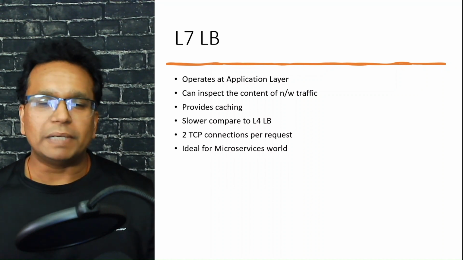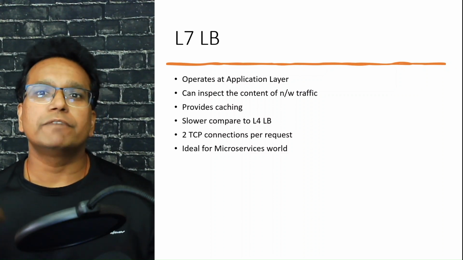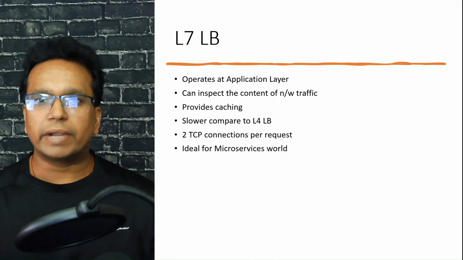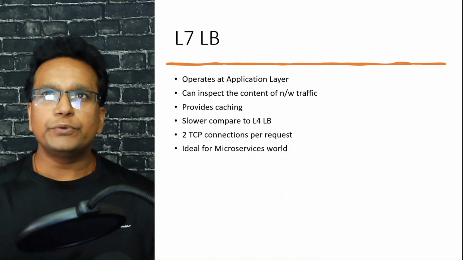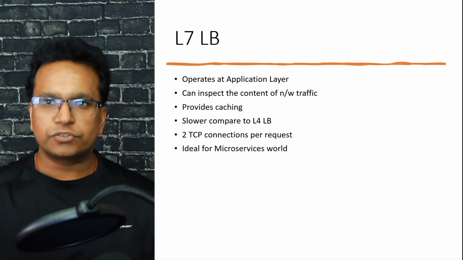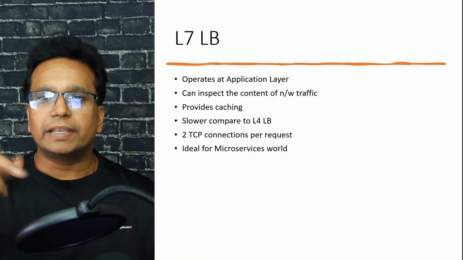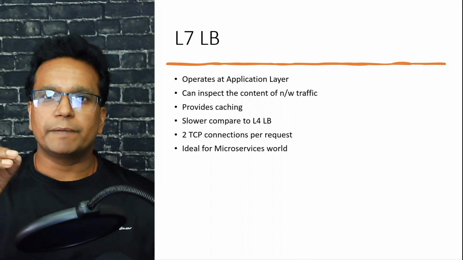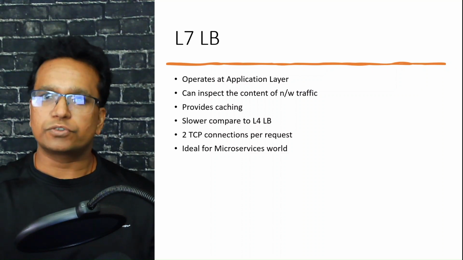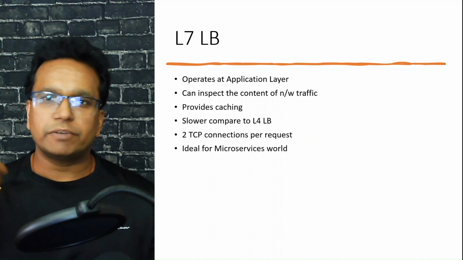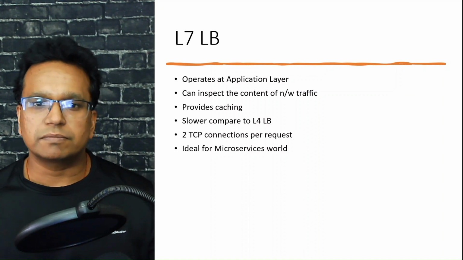L7 load balancer could be ideal for the microservices world. The reason is they can make much more informed routing decisions. They can look at the URL, they can look at the header, and based on that they can make a decision. For example, if you have all image related services present at some particular location, they can look at the URL with a specific structure, like regular expressions, and based on that they can route that request to your image service. Similarly, if you have an ordering service, the request can go to the ordering service itself. So it's pretty good for the microservices world.